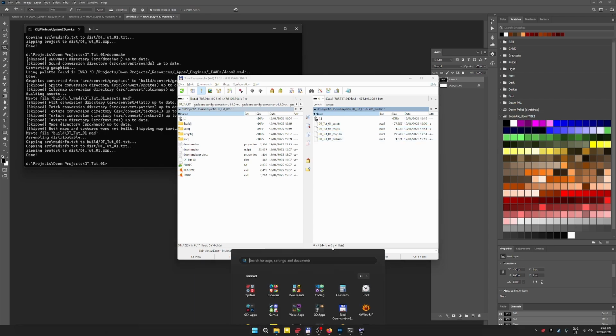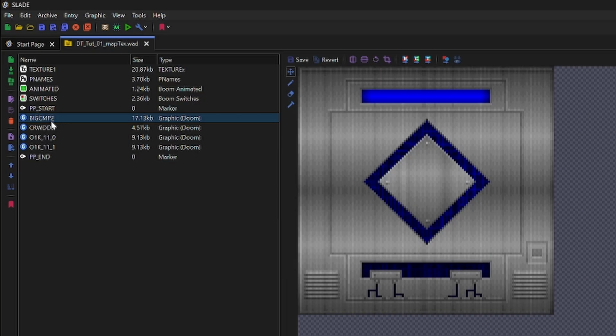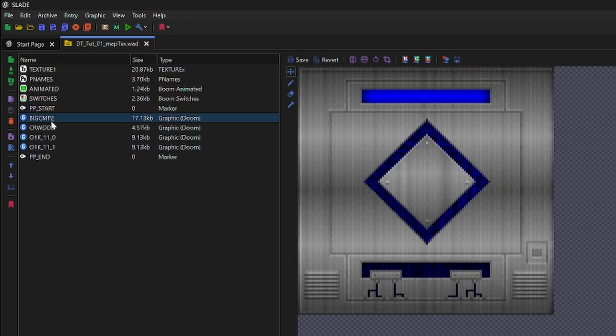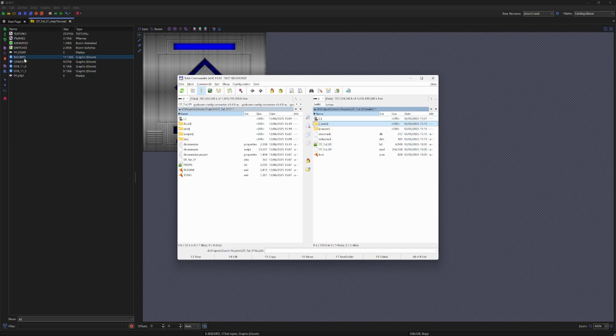So if I load that texture WAD in Slade, you can see all the textures that I've used are in there, which means I can then pass that texture WAD to a mapper, and then they can just start mapping and have just what they need for the mapping. Same if I want to pass the sprites or whatever I want to do. Very, very handy. Now this is just right on the surface of what DoomTools can do. It's got some amazing little features, but this is enough to get started, and I'll do the next video